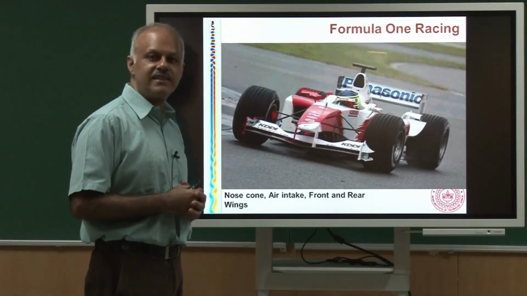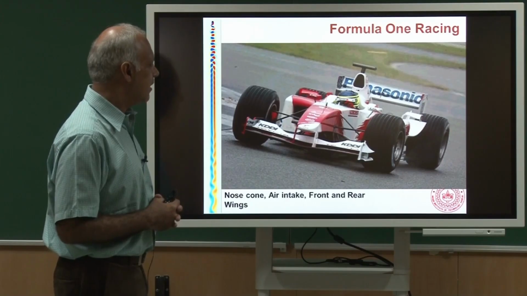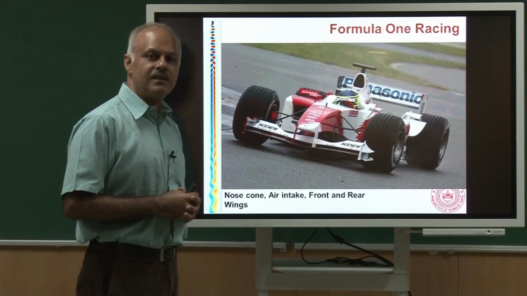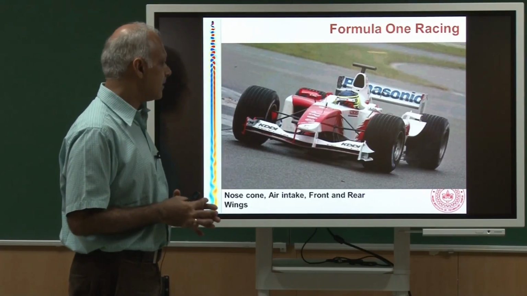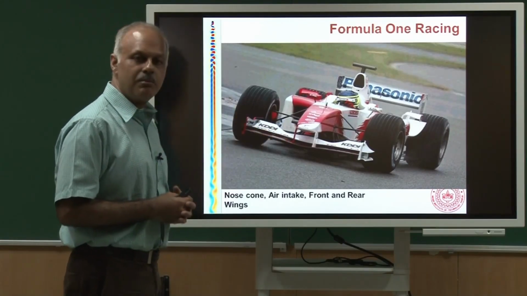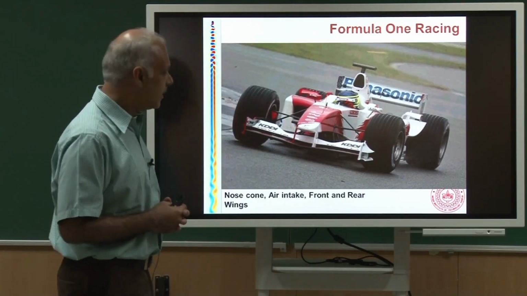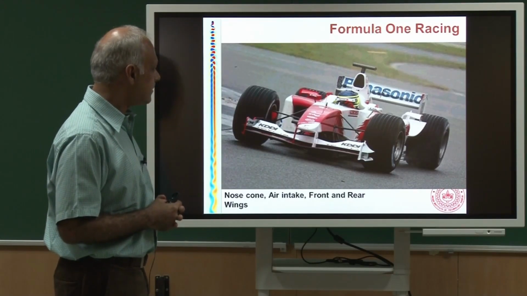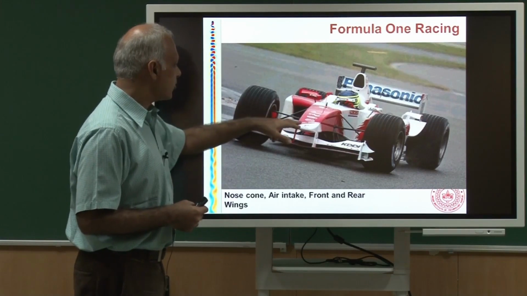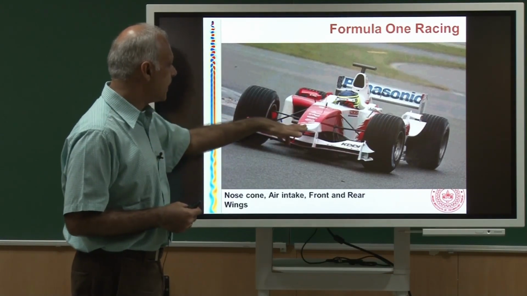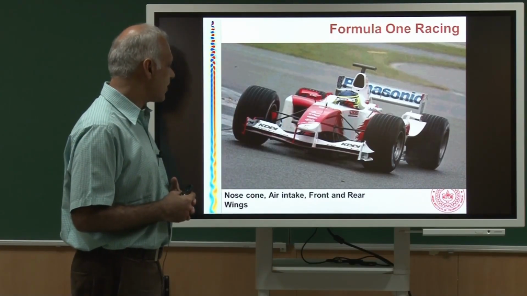I am sure many of you are interested in Formula 1 racing. This is a magnificent machine which pushes technologies to the limit. Many of you may be aware that car companies spend enormous resources in getting good machines, and some of these technologies, the spin-offs, come into our regular cars as well. There is amazing aerodynamics in the nose cone structure. You are going at very high speed, and you want very little drag, and you want control. So what is the design of the nose cone?